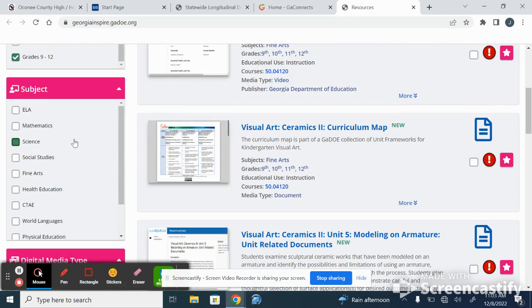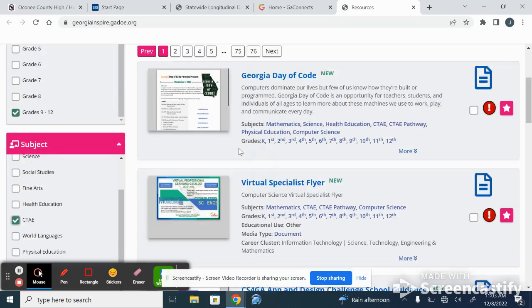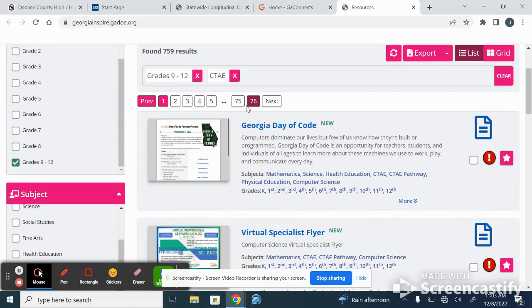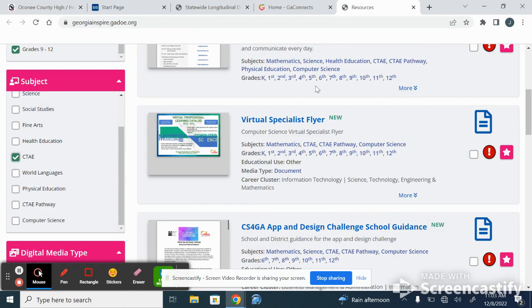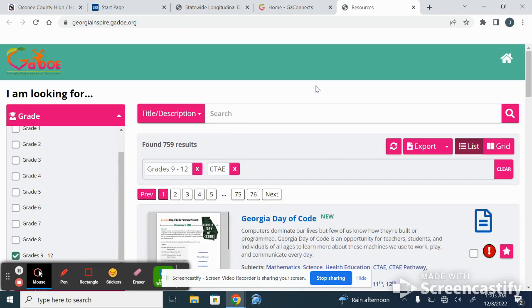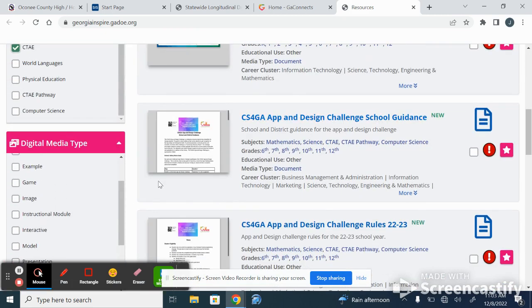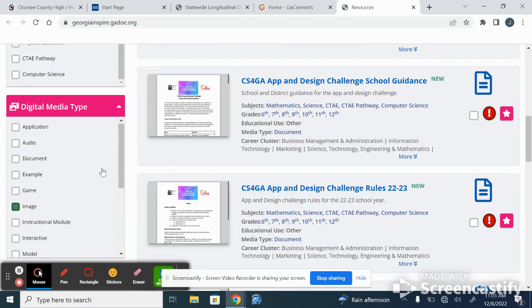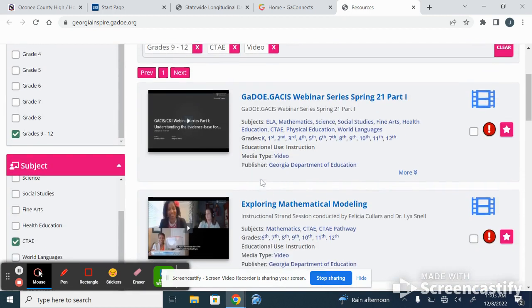So if we take a look here, let's say that we want to live in the world of CTAE today. I'll go ahead and click on that. I can see that I've got 76 pages worth of resources, 759 total hits. And then you can see all this gets lumped in together. So if I wanted to look at something a little bit more specific within CTAE, I could type that in my search bar up here. Or if I wanted to look at different types of digital media and whittle this on down, I can do that as well. So if I wanted to go to video, see what kind of videos are available,